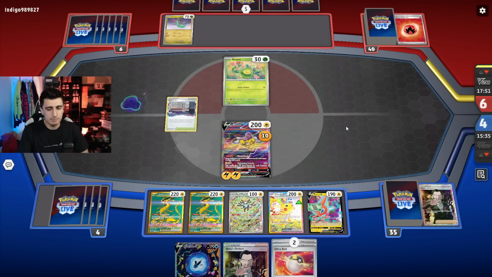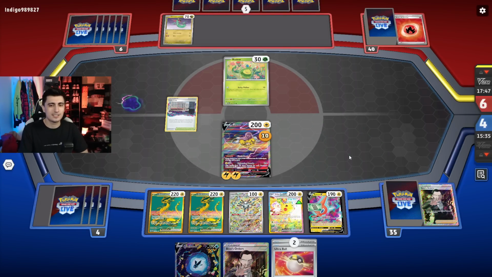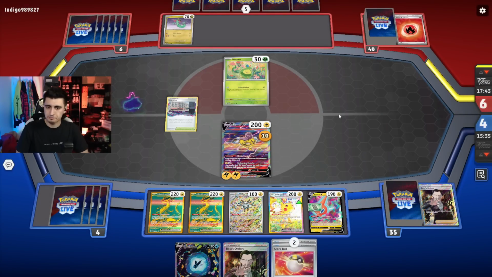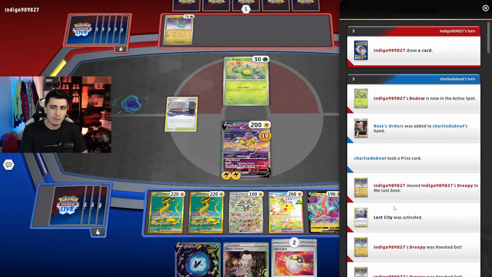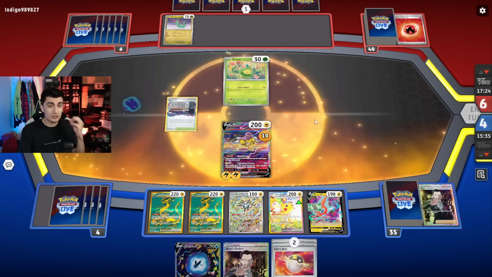It might be an Itchy Pollen angle, but the fact that we have this Boss's Orders in hand is just a beautiful thing to see, because we have that Dreepy lined up and ready to go. And if it evolves into Drakloak, we knock it out. If it evolves into Dragapult ex, we should be able to pull off a 2-hit combo. And at the end of the day, we have our Electric Generators in our deck. I think we still have all of them, so we still have 4 Electric Generators. So that's why Miraidon is so good against...